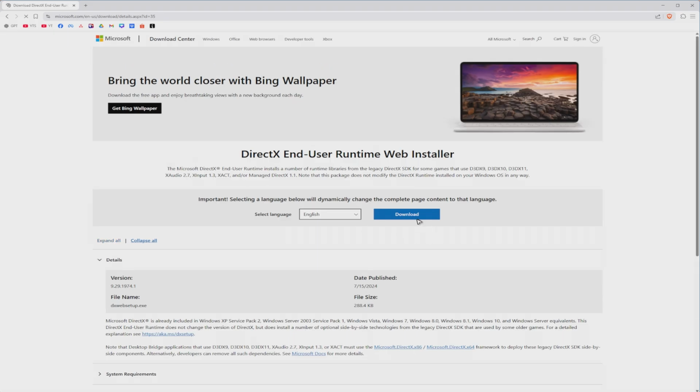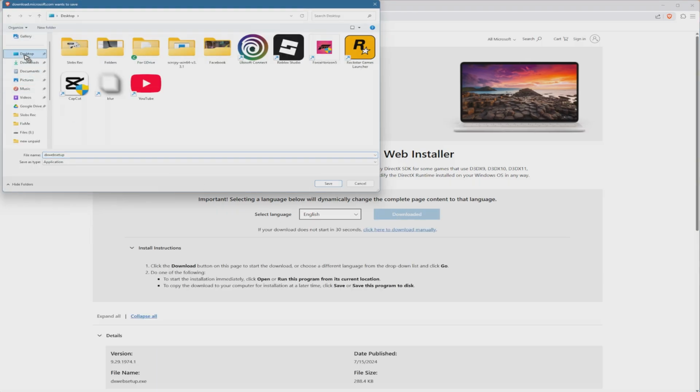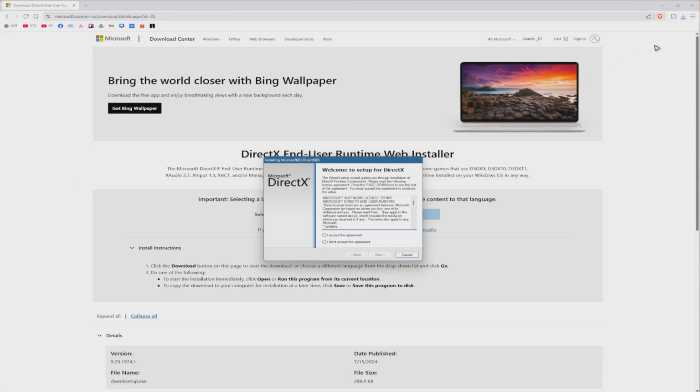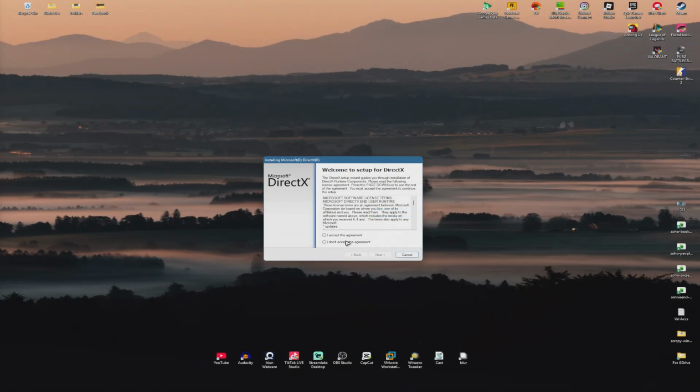Now once it loads, click on download. Okay, right here. Just click on it, save it wherever you want. Wait for the process to finish and just click on it to begin the installation process. Okay, now this pop-up will load. I'm just going to go ahead and close the browser and just hit accept right here, hit next,